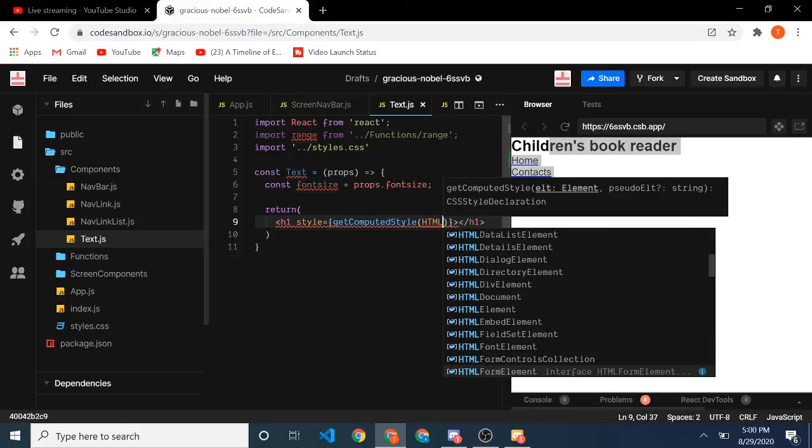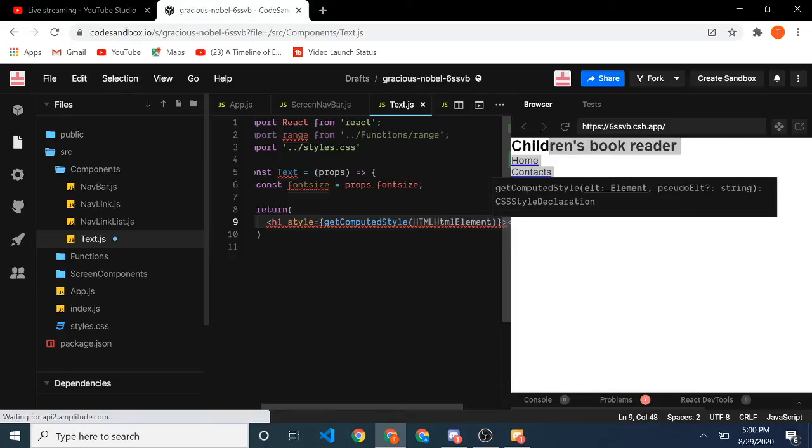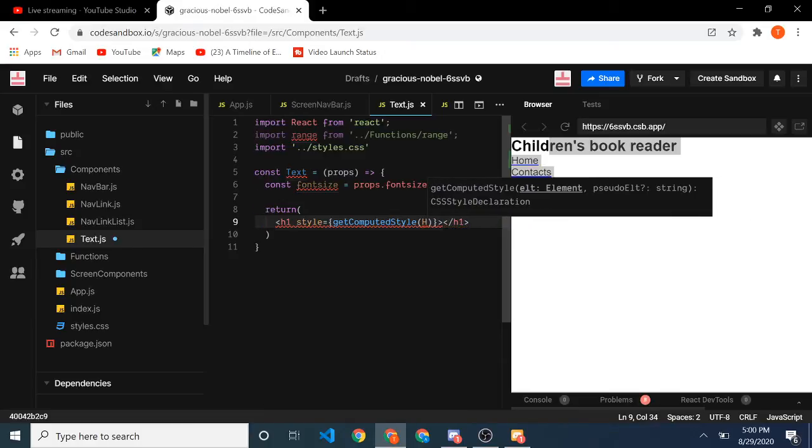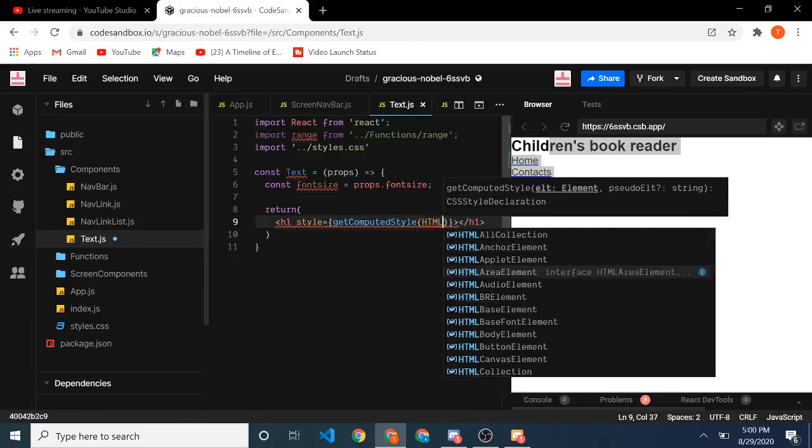if you use the HTML keyword, you can see that we have everything. So we go all the way down. You can see HTML element. If you use the HTML keyword, you have all of these elements. So let's try searching through all of them. So you can see map, fill, embed elements, font elements,